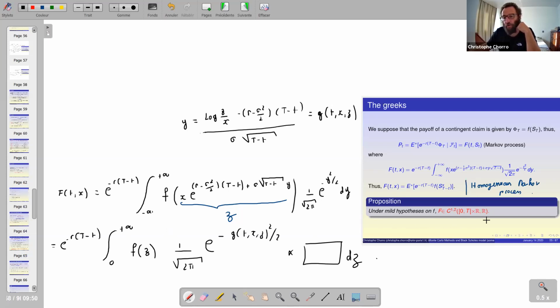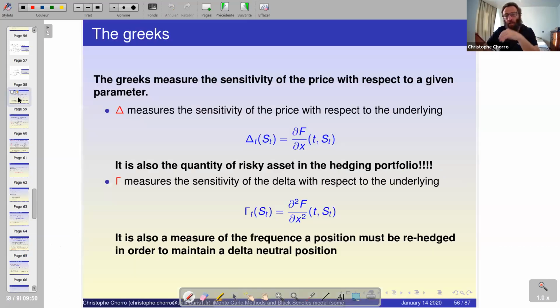And why is it nice for us to have a mapping capital F that is regular in the parameters? Because in this way, we are going to be able to define what we call the Greeks. And what are the Greeks? The Greeks are the derivatives of the price function, capital F, with respect to the parameters of the model. So you have several Greeks, and I won't enter into all the details here because it's something that you are supposed to know, but just let me remind